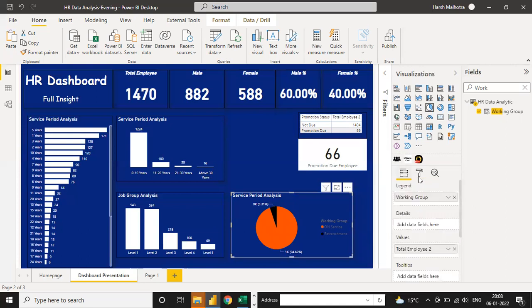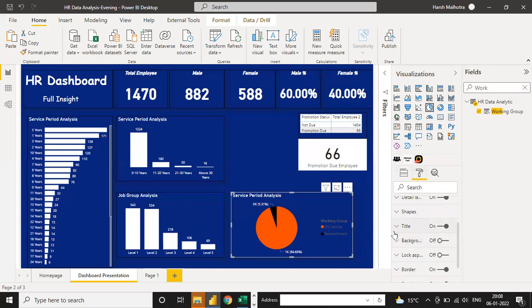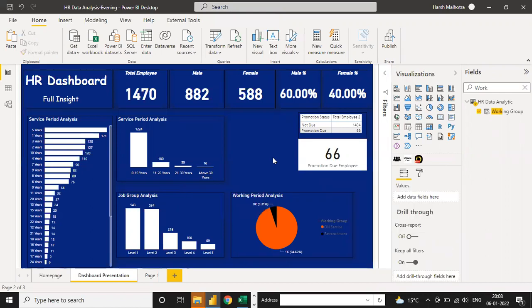Just select this, go to this title. So here you can write a title so the company can deal with the people who are looking for a job change. Suppose you need the data on the employee names who are looking for a job change. So how to create the data? First, click on this table presentation, right click, duplicate page.